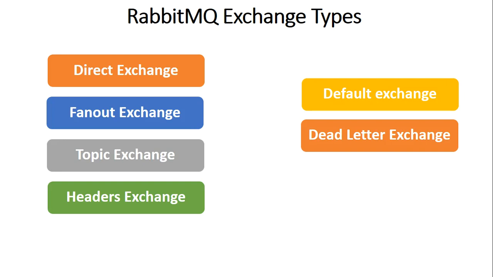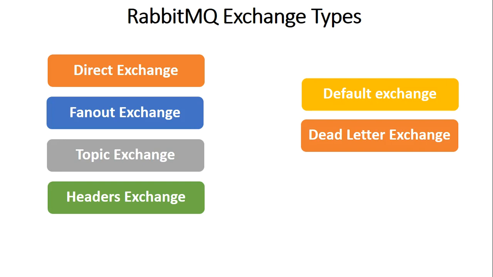These are not falling under the main categories, but I am covering these as well at a high level. So the default exchange, basically what happens is that it associates the routing key with the queue name. This default exchange is an exchange without any name, and it's available by default. Whenever you send a message to the default exchange, with the exchange having no name, this type of direct exchange, which is the default exchange, will see that